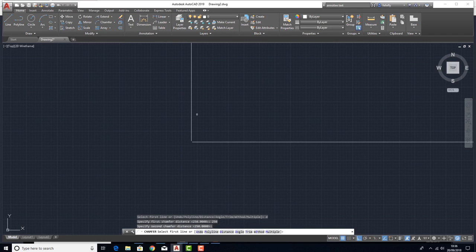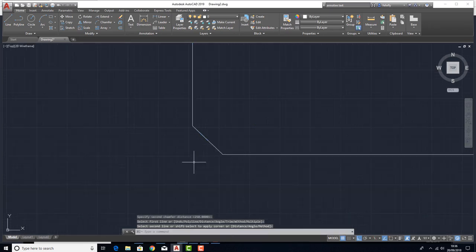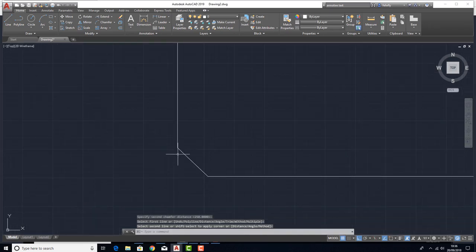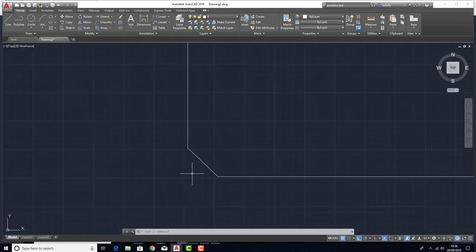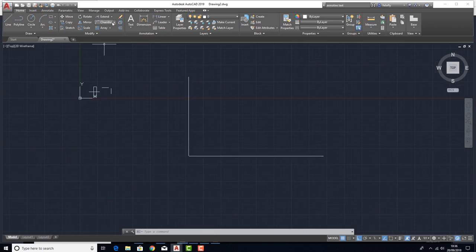Return. Now when we select the lines, it was quite big, that's what we get, and that 250 is this dimension from where the corner would have been. It's 250 there and 250 there, and like I say, you could have had 250 there and a metre there and it would have been a longer line. But that's the chamfer command. Blend curves,